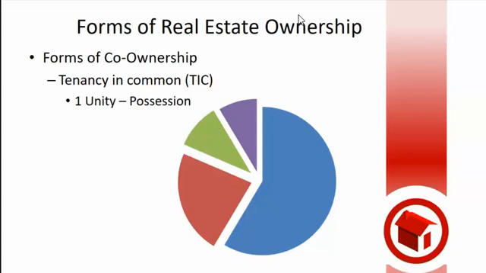Okay? One of the other major portions, and I just said it a second ago, was the reason I want you to look at it like a pie is because, let's say Maggie here decides she wants to sell her share and somebody else can come in. She doesn't even need to talk to us. It works just like regular real estate. She can sell it, she can rent it, she can give it away. It goes in her will when she dies, and she does not even need our permission to do it. That's the biggest key to the difference in what's coming up.